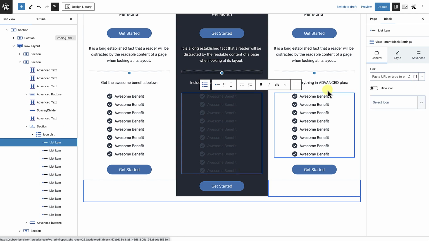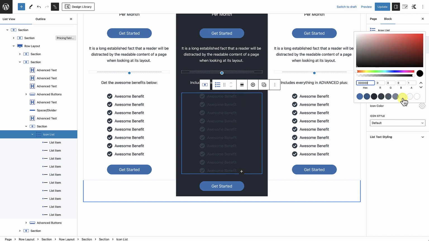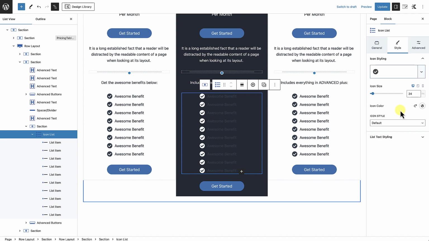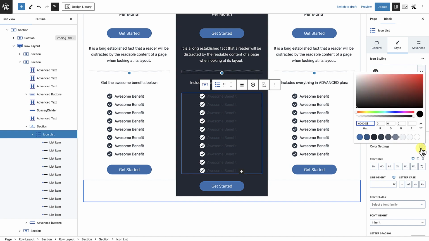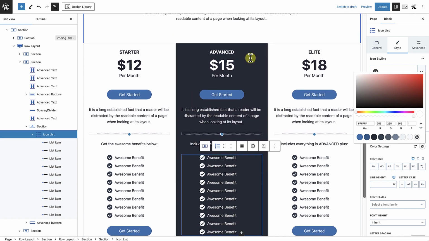or if you want, on the right hand side, just select the View Parent Block Settings, and it'll take you to the parent block. Now that I've selected that, I want to change the icon color to something lighter, so you can do either white or just one of your subtle light colors here. Then we're going to also select the list text styling, and we're going to make that white. Okay. All right. So now, just even with this by itself, you can tell that this is a little